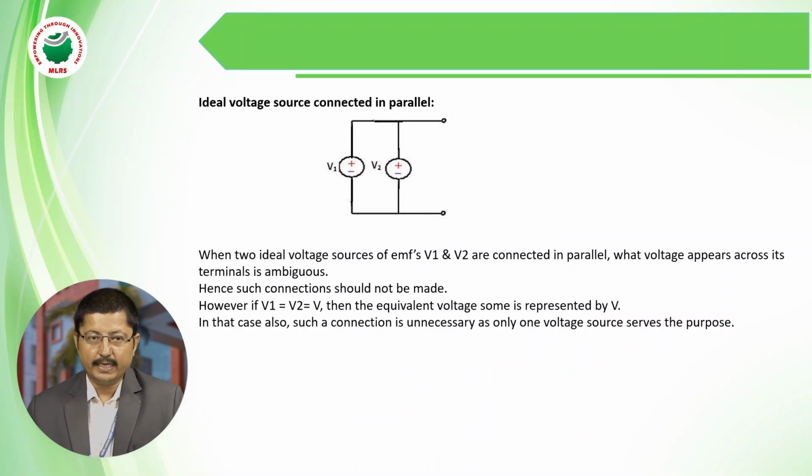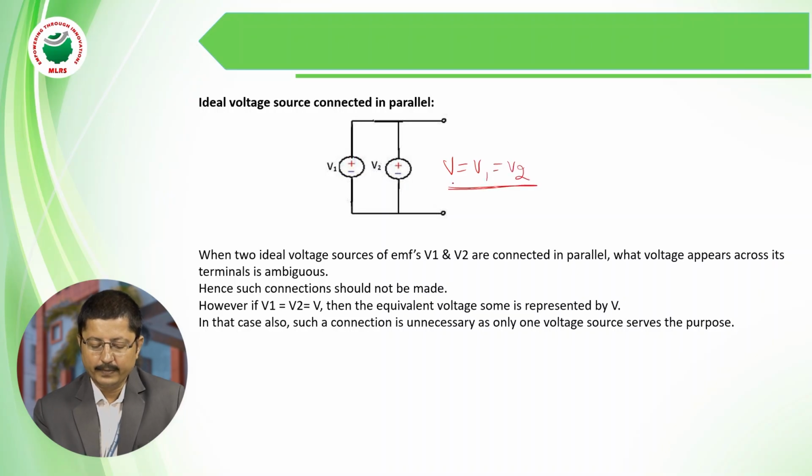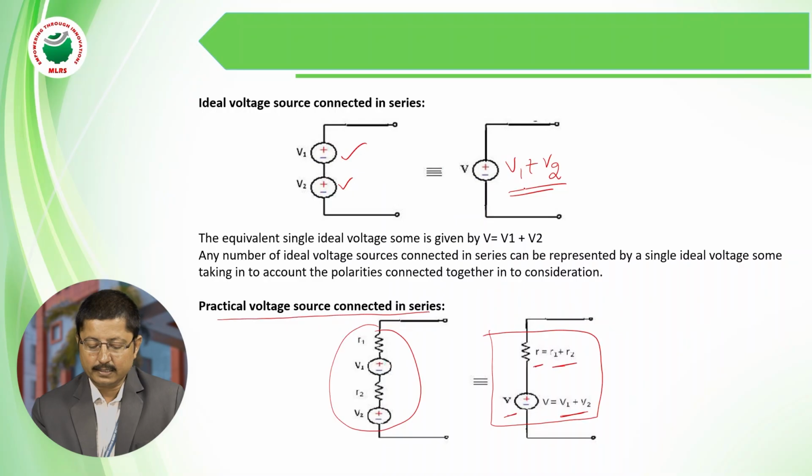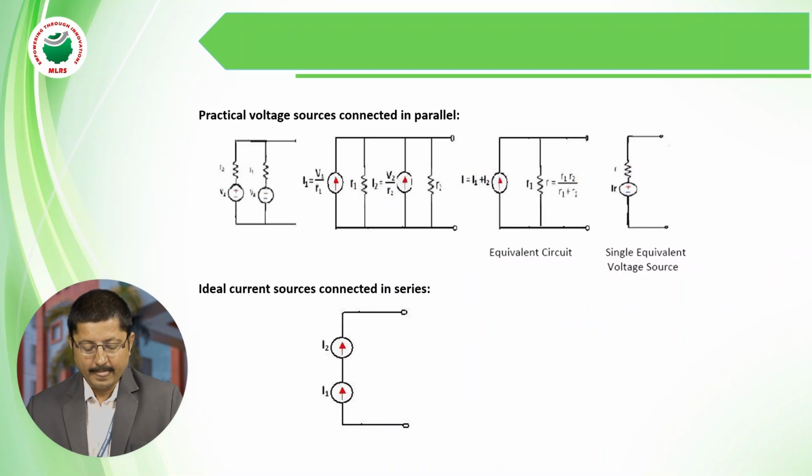Similarly, for ideal voltage sources connected in parallel, we can take up to n number of voltages, V1 and V2 across these two terminals. The final answer here is V equals V1 equals V2. In parallel circuits the voltage will be the same, whereas in series circuits the total voltage is the sum of the voltages, that is V equals V1 plus V2. And in practical sources, V equals V1 plus V2 and the resistances are added up. That is the difference between ideal and practical voltage sources connected in series and parallel. Now coming to the next one: if practical voltage sources are connected in parallel,